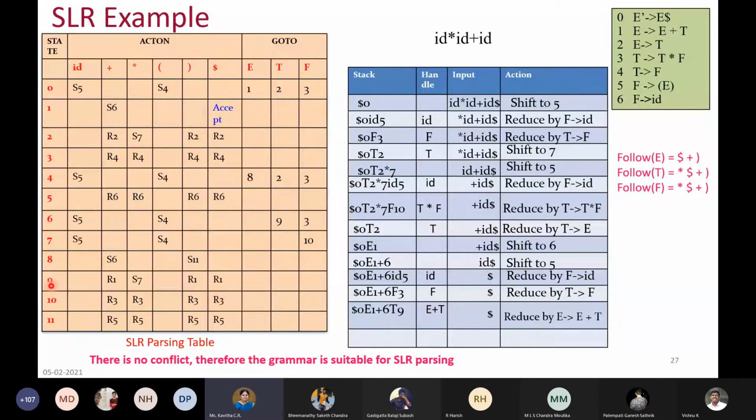So go to state number 9, and we are still reading dollar, and it is R1. R1 is nothing but E gives E plus T. So you're going to replace that, so you get something like this. You're going to pop off all these and then push E onto the stack. And at 0 on E is state number 1. So we got this. Okay, and we have only dollar.